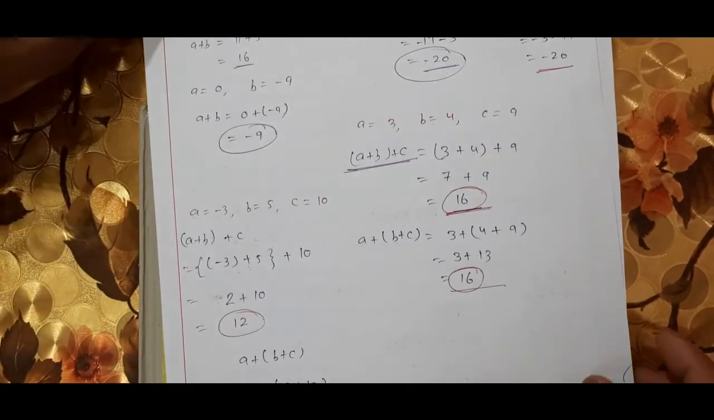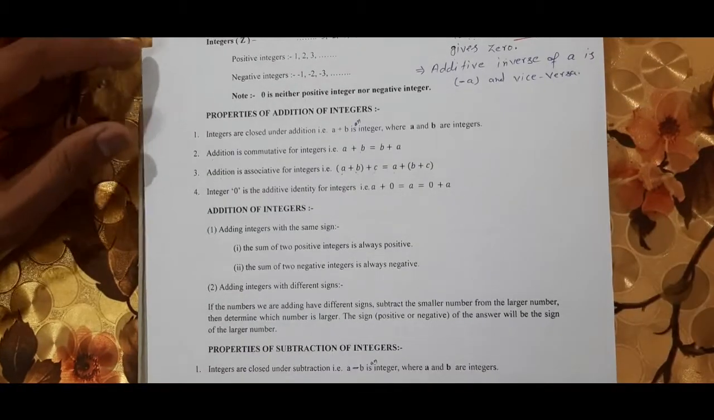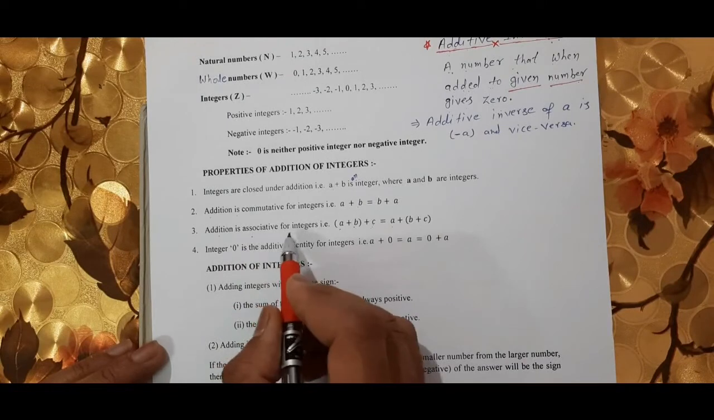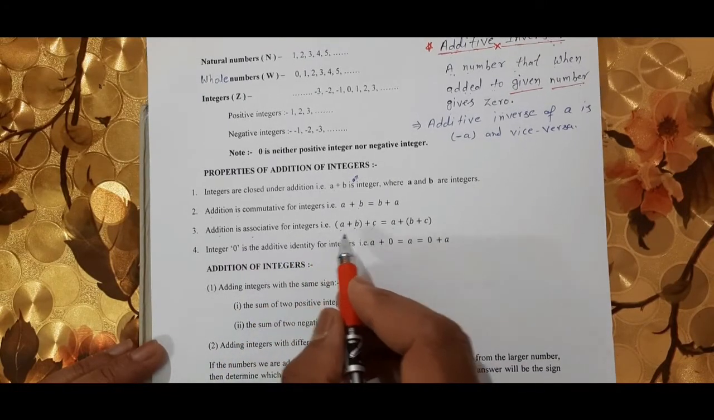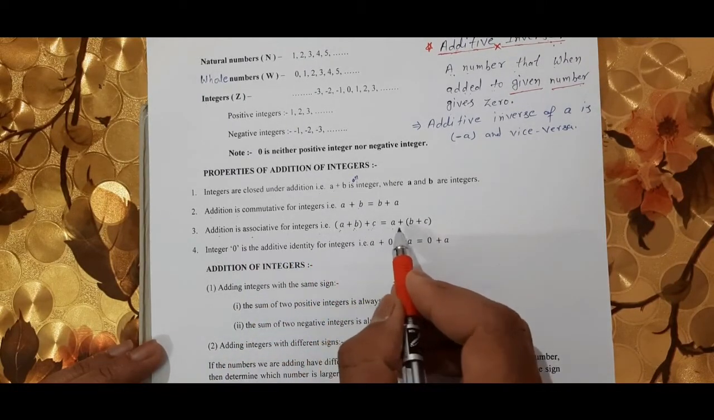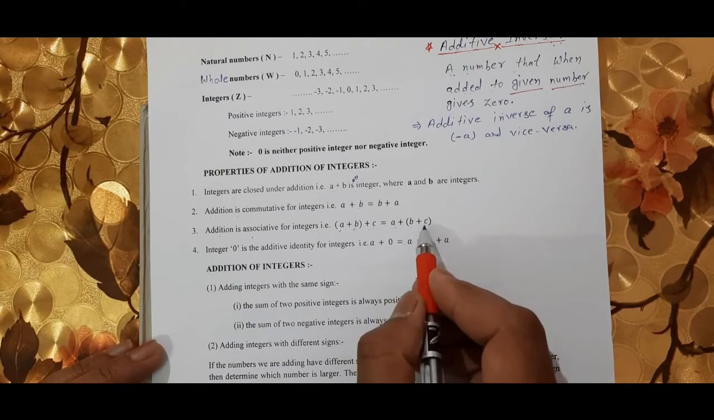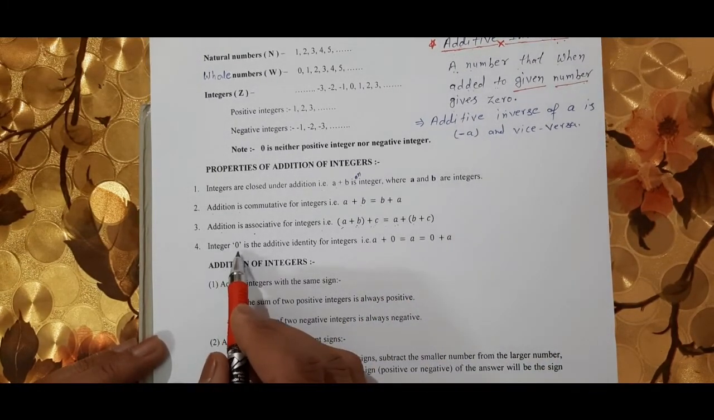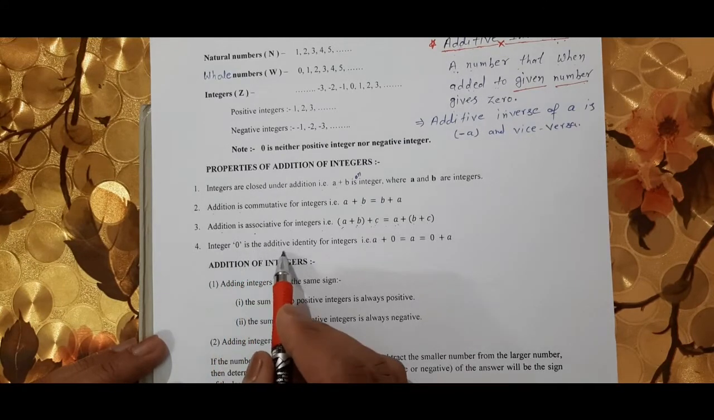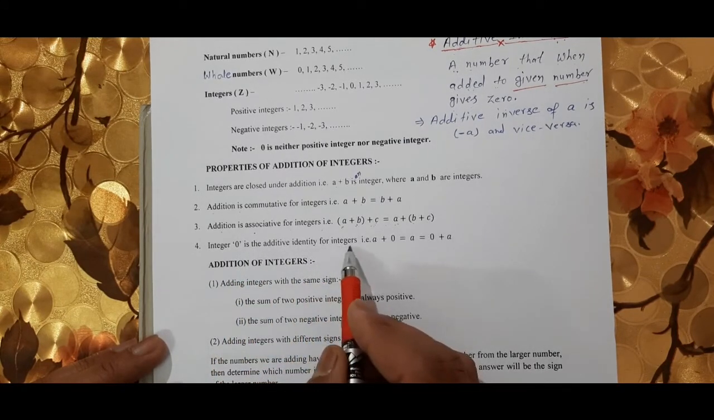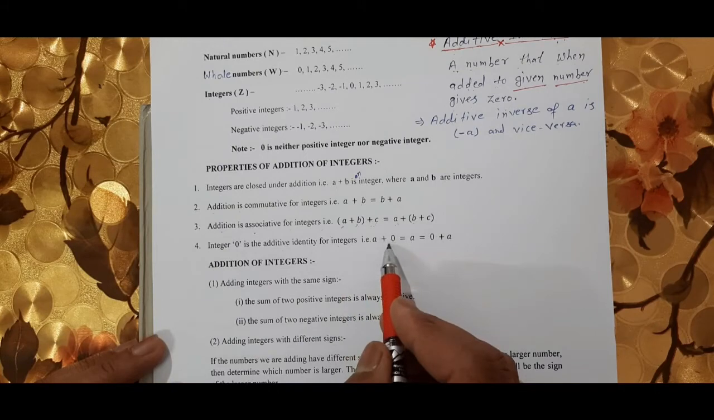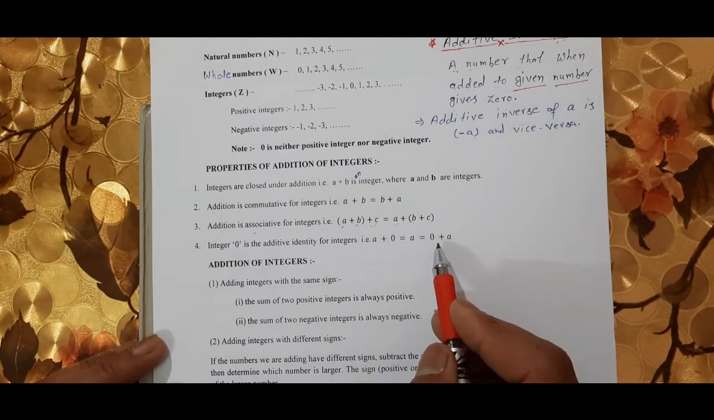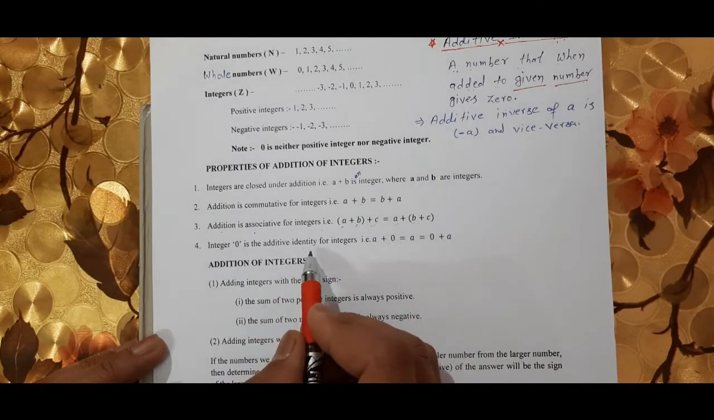Means both sides are same. So we can see addition is associative for integers, that is (a + b) + c equals a + (b + c). Now fourth property is integer 0 is the additive identity for integers, that is a plus 0 equals a equals 0 plus a. Additive identity means